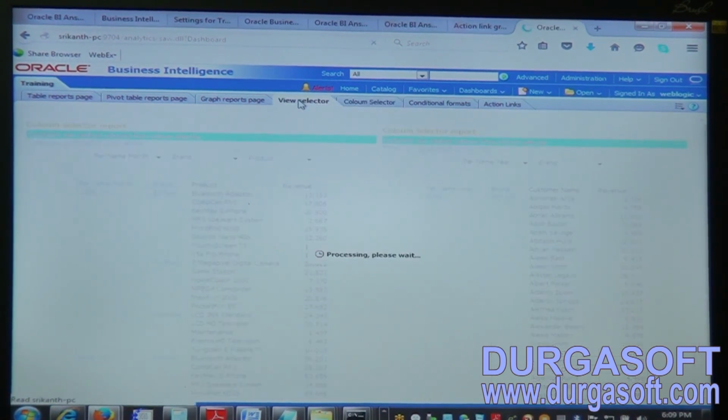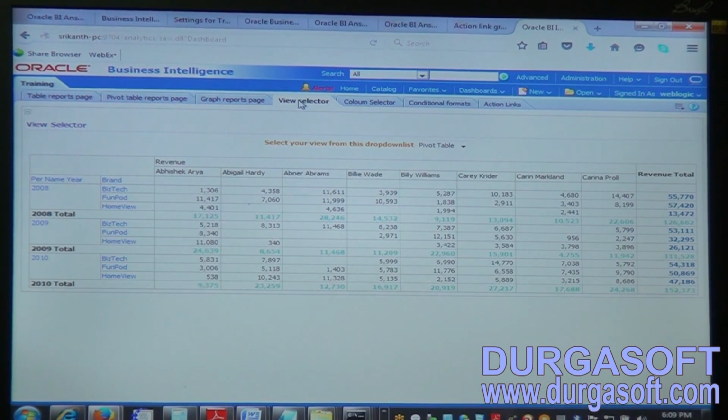So the customer wants, whenever he selects some view, to export it to a PDF or Excel file or somewhere. That means once he views this result, he wants to export it to some PDF or Excel or some other file, whichever he wants.